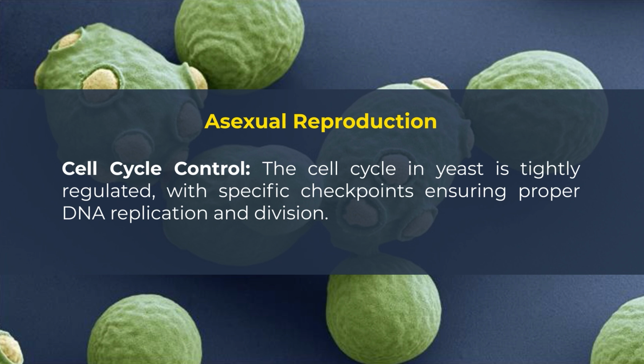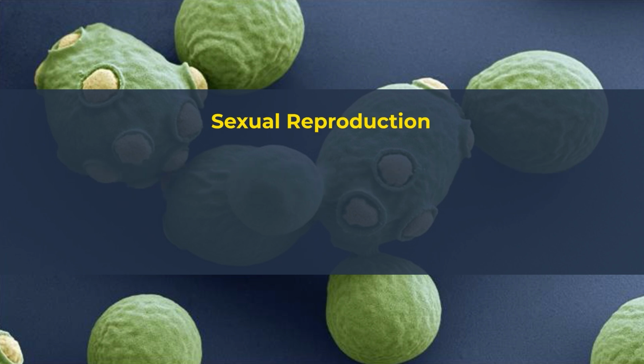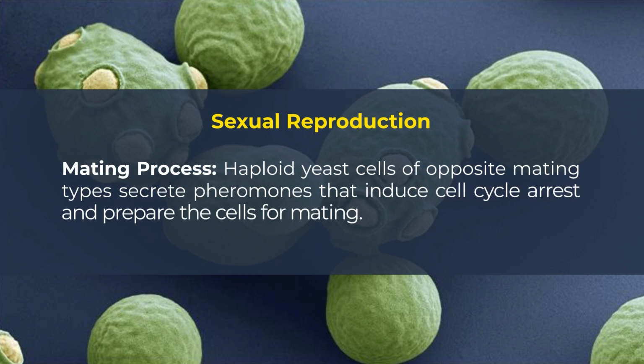The cell cycle in yeast is tightly regulated with specific checkpoints ensuring proper DNA replication and division. It has regulatory genes. Genes like CDC28, which is CDK1 in yeast, play a crucial role in regulating the cell cycle in yeast. Talking about sexual reproduction, the mating process, as we talked about earlier, haploid yeast cells of opposite mating